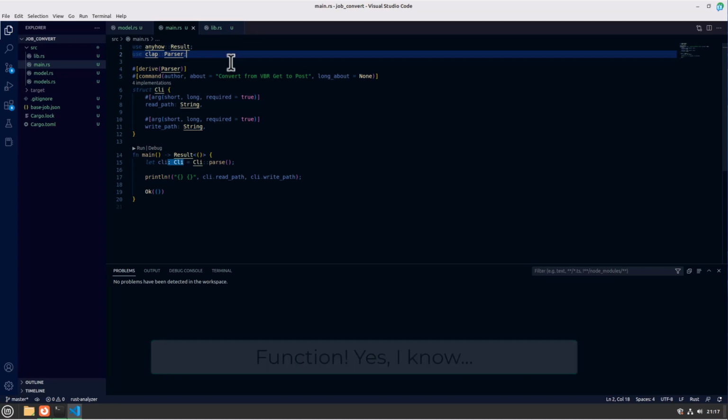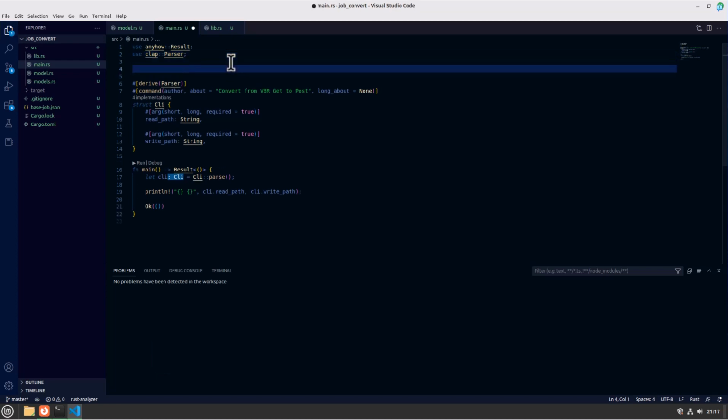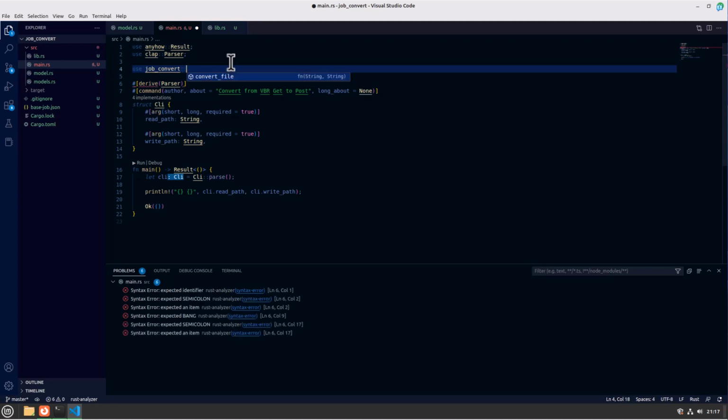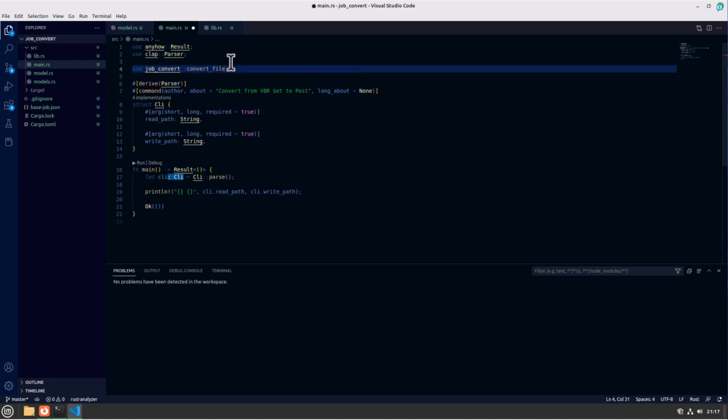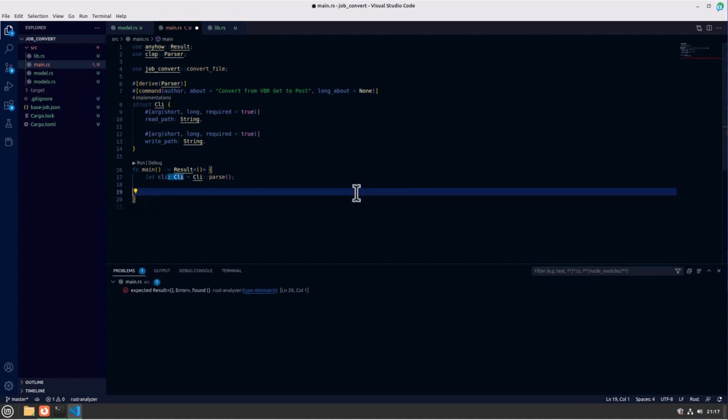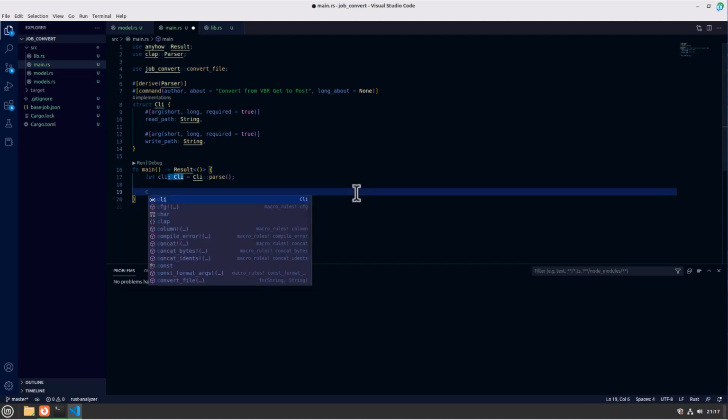So we're going to go up to here. We're going to use job convert file. So we're importing that method, and we are going to go down to here. We don't need this bit anymore. And we are going to simply convert